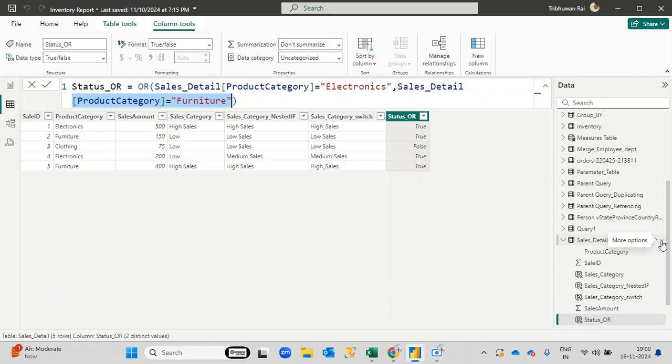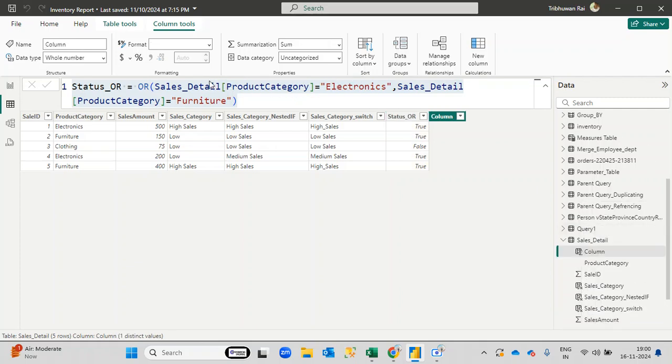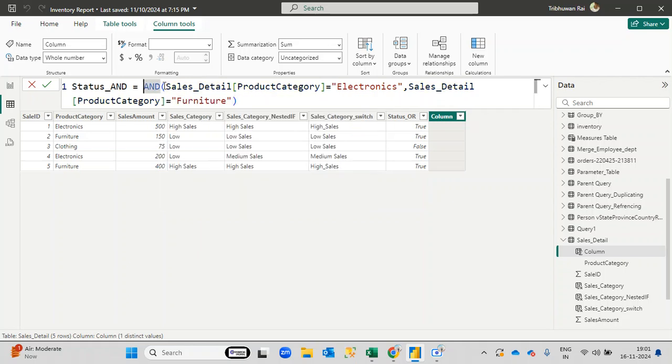But in place of this or, if I use and, suppose let me create another column, let me paste everything and rename this as and, and I will use the and function in place of or. What this and will check is that the first condition should be met, as well as the second condition. If both conditions are met, then only it will give you true. So if I hit the enter key,